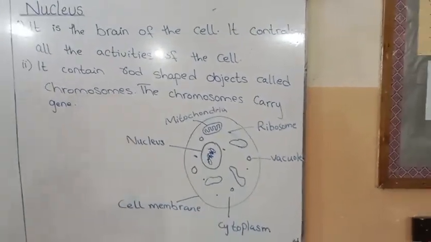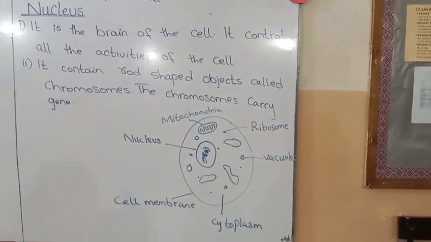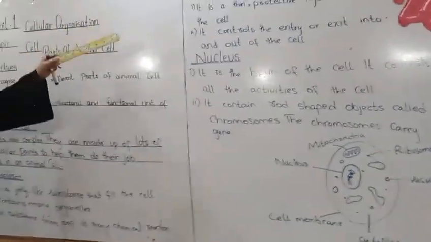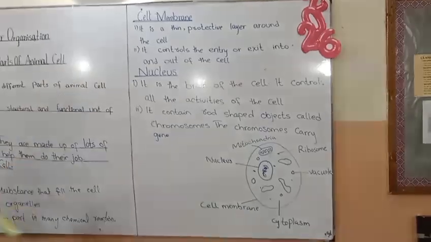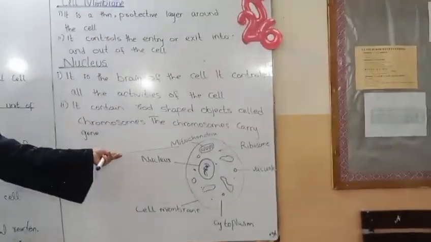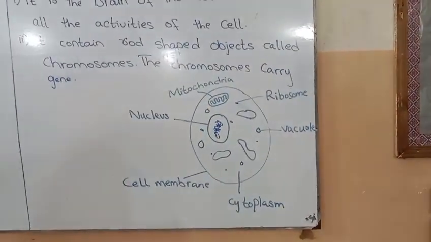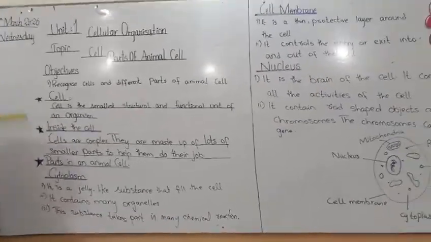So this is all about the parts of an animal cell. First we discussed the cytoplasm, then the cell membrane, and the third part is the nucleus. In your next class we will discuss the mitochondria, ribosomes and vacuole. Now we repeat this lecture. So cell is the structural and the functional